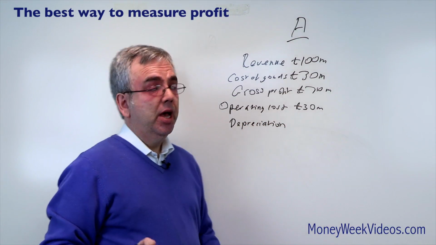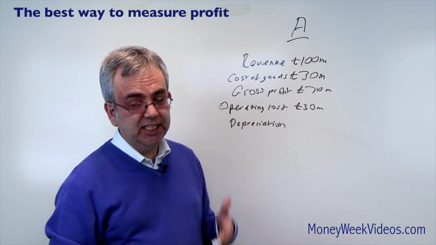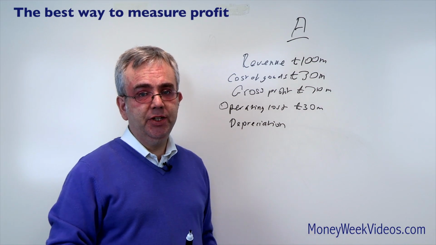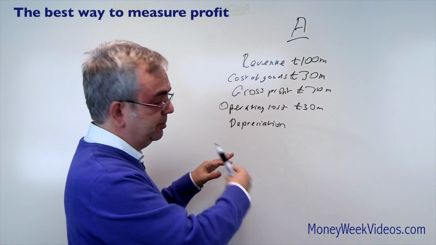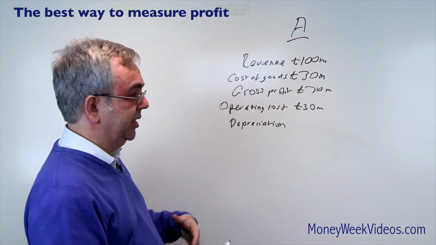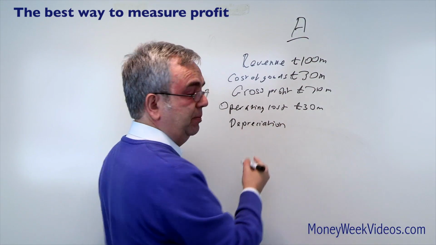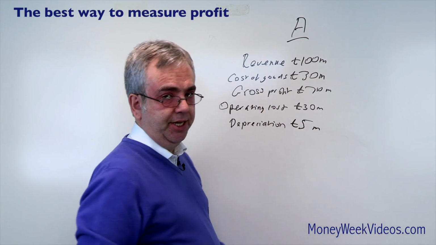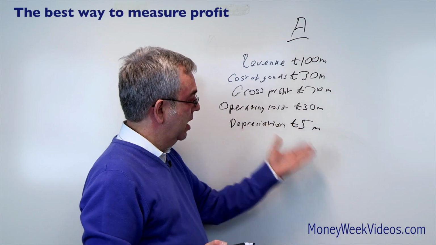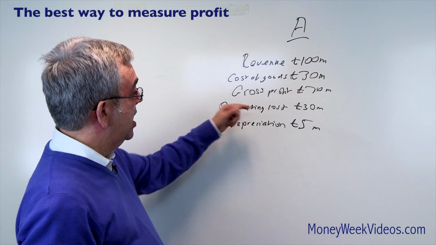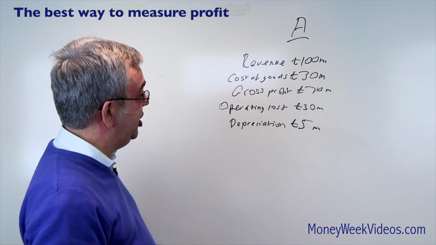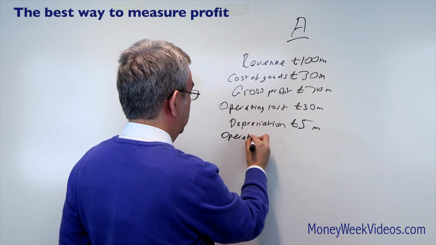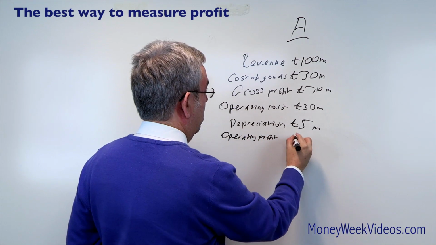So 2 years ago, Company A, they bought a new assembly line. They spent £25 million on it. 25 million in cash went out of the company 2 years ago. But the accountants, they spread out this cost over 5 years. It's an accounting cost, it's called depreciation. We'll say that's £5 million this year. So that's 25 million over 5 years, 5 million this year. So taking the operating costs and the depreciation costs away, we get operating profit of